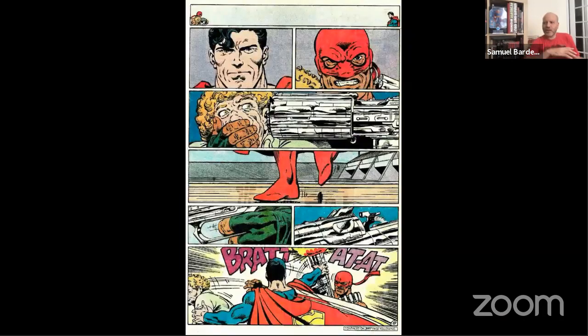So we have this standoff, and we have the huge gun against the woman, and of course Superman shows you what he can do in this. And I'm not gonna show the rest of this. I'm gonna escape out of this. But this was a classic scene, and I've gone on about how this is a single issue thing. So I'm gonna say, as I stated before, it's very hard for